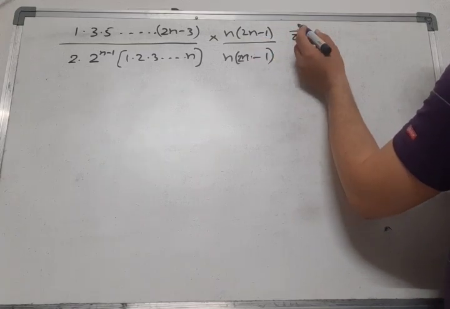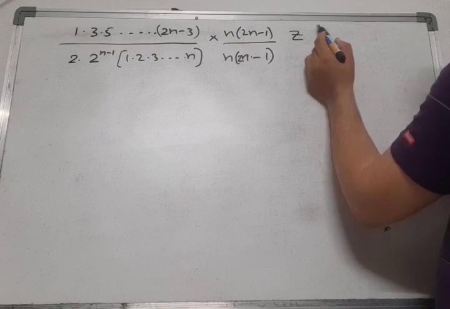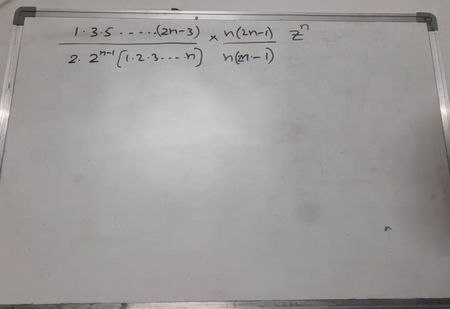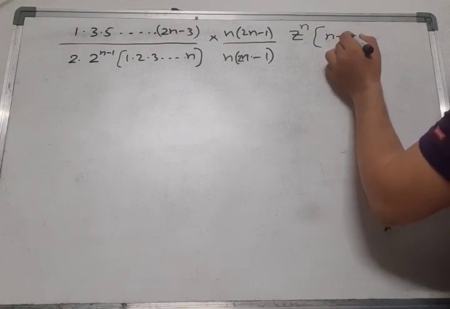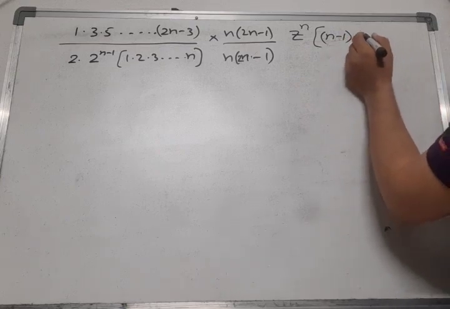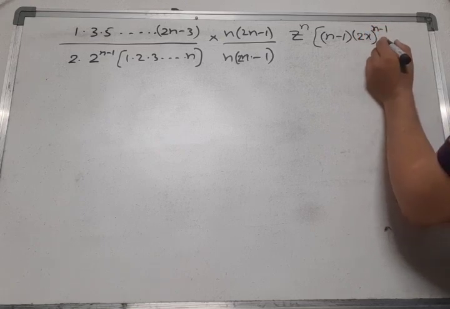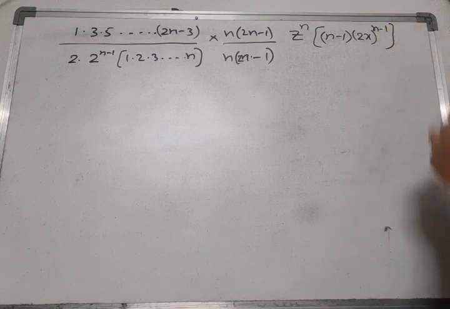Z into z to the power of n minus 1 into z to the power of 1. N minus 1 and plus 1 get cancelled, minus 1 plus 1 get cancelled. You will be getting only z to the power of n, right? You can see the previous term what is there. And next whatever is left here, n minus 1 into, okay, NC1, that is n minus 1 into 2x whole to the power of n minus 1 into, anything left over? Nothing left over, this much only, right? So these are the terms left over, right?